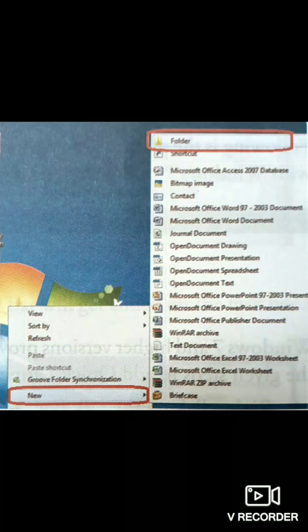Next, we have to learn how to create a file in a folder. To create a file in a folder, we have to follow a few steps.